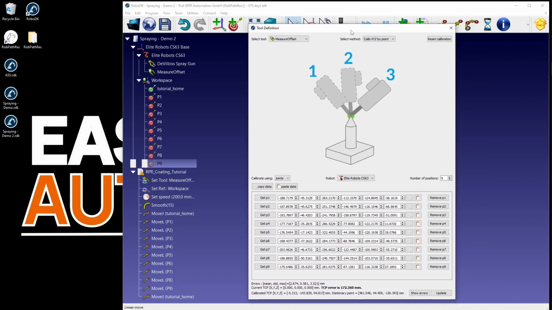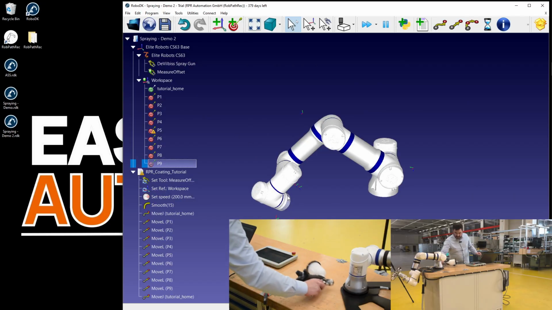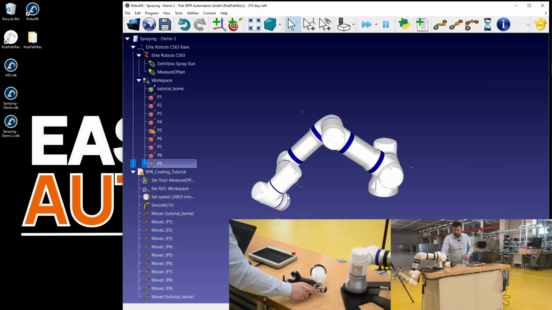In my particular case, the TCP error was 172 millimeters. I just hit update and confirm this. And with this, the new TCP was defined exactly with this particular fixture and given orientation of the pen.